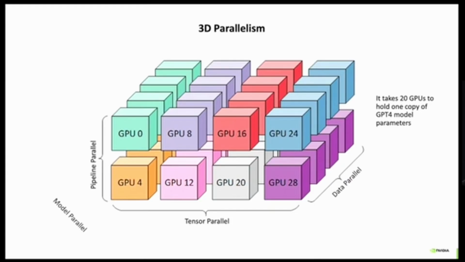So by doing these things, we've gone over the years from training AlexNet on a pair of GPUs to a typical training cluster these days, maybe 100,000 GPUs running a single training job to train